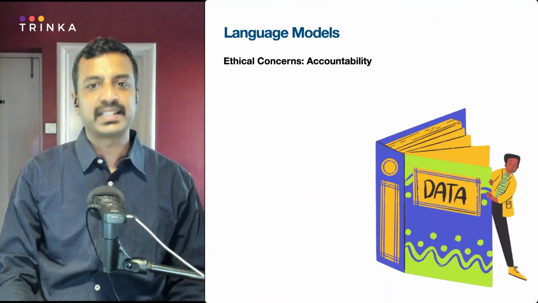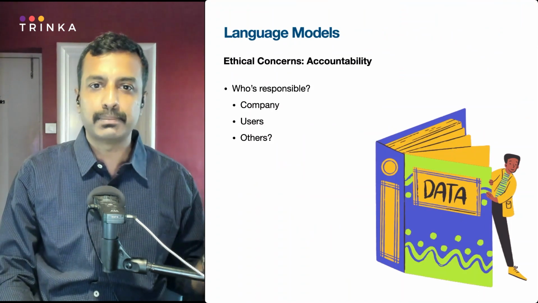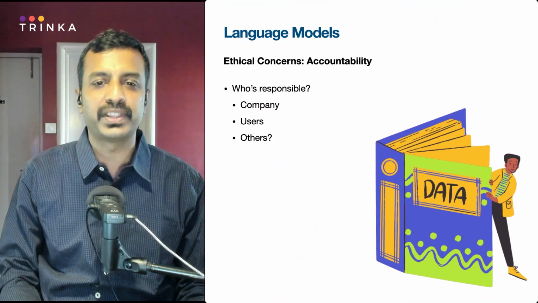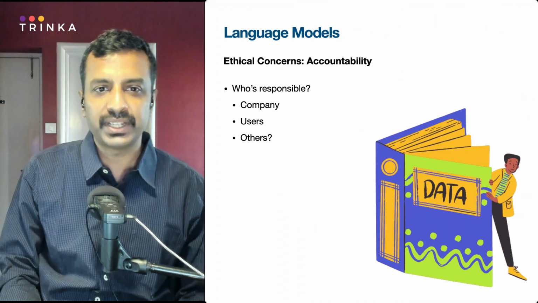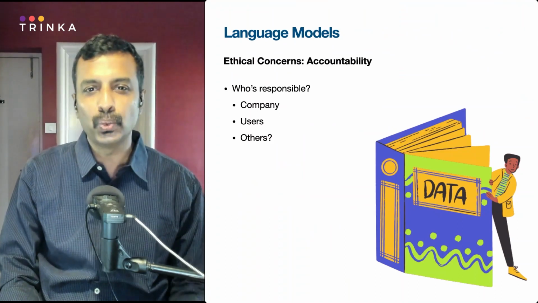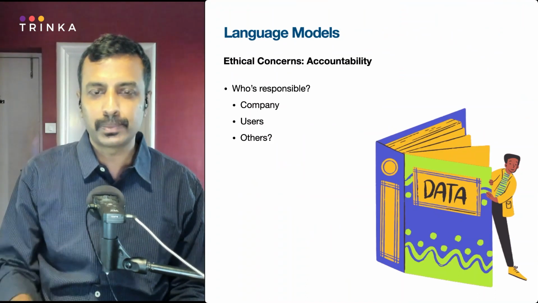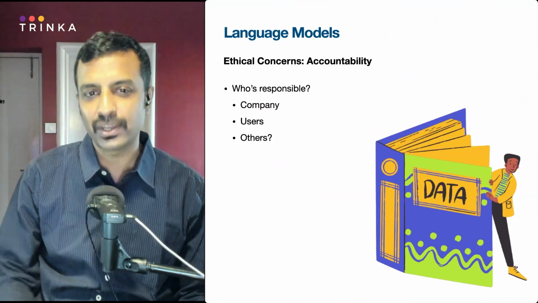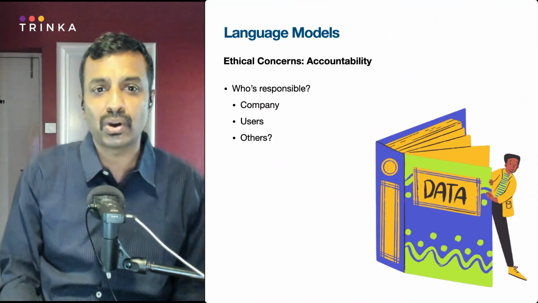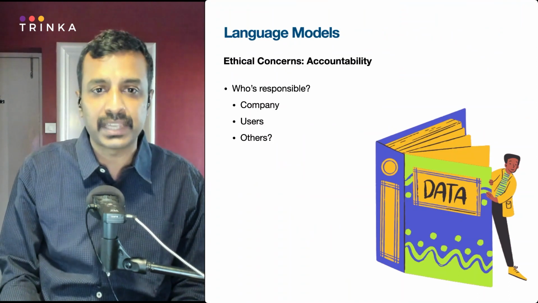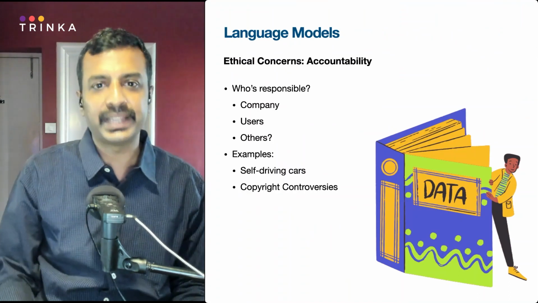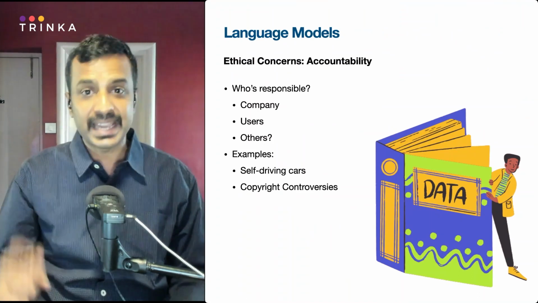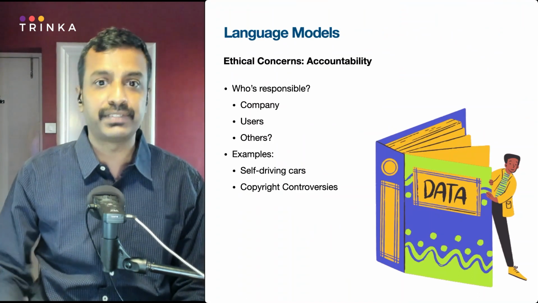Accountability is also an important consideration. As language models become more integrated into our daily lives, it is important to consider who is responsible for their actions. If a language model generates biased or unfair results, who is responsible really? Should the responsibility lie with the company that created the model, or the individual users who rely on it to generate the result and then pass it on, or some other third party? Now, this is something that we have to ponder. Some examples include ethical issues related to self-driving cars, copyright controversies regarding AI-generated or copied content ranging from visual arts